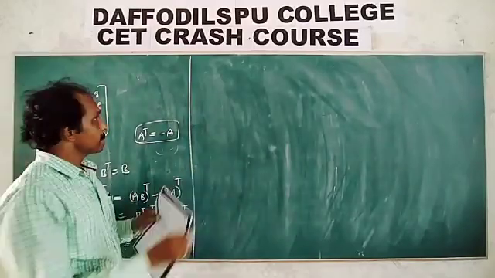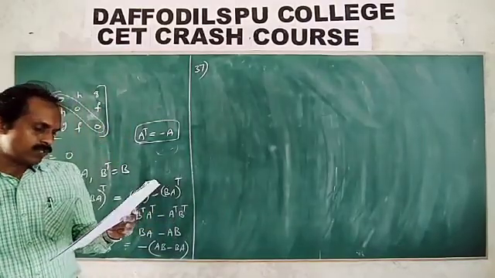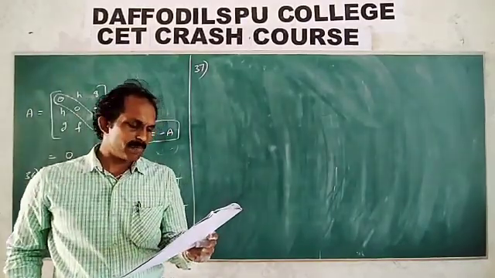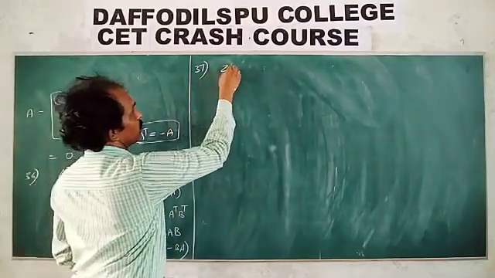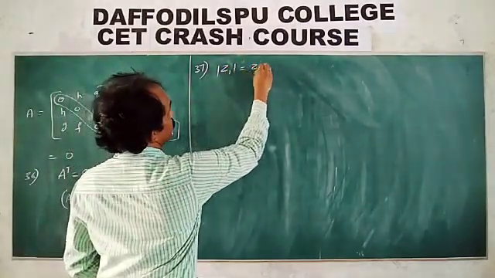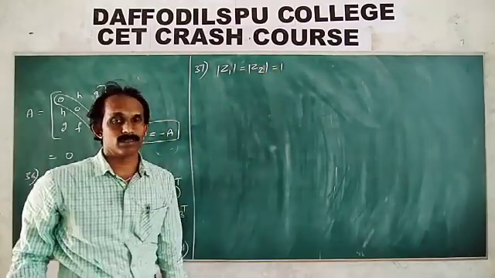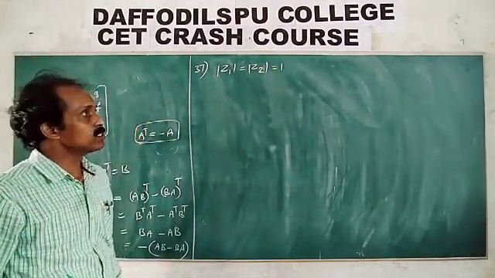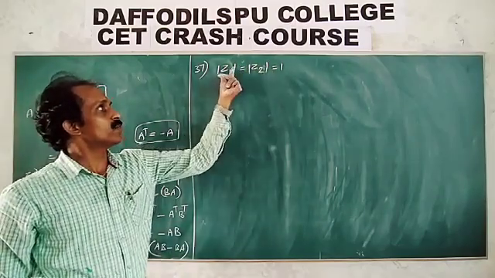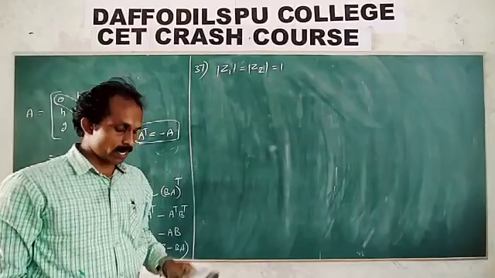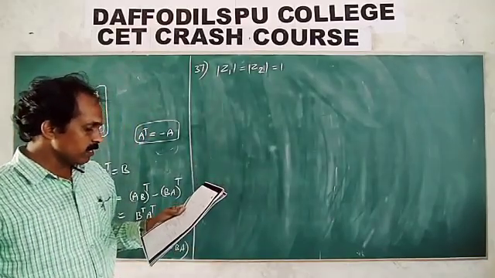Right. 37. Two unimodular complex numbers means that the modulus value, the magnitude, is equal to 1. Unimodular means unit, so the modulus of Z1 and the modulus of Z2, how much? 1. Right. Two complex numbers Z1 and Z2 are given.